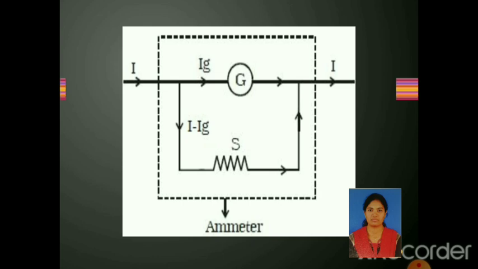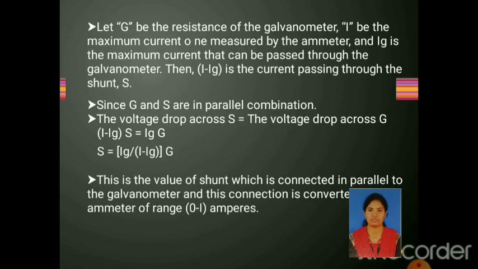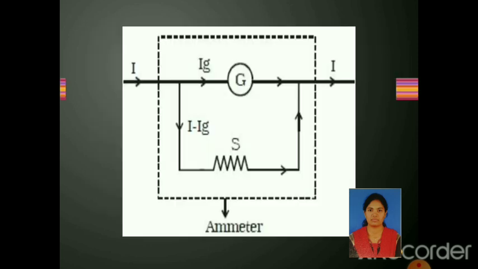Here we can see galvanometer which is connected with shunt in parallel connection. Let G be the resistance of the galvanometer and I be the maximum current measured by the ammeter. And Ig is the maximum current that can be passed through the galvanometer. Then I minus Ig. Here you can see very clearly that the current which is going to pass through the shunt resistance is I